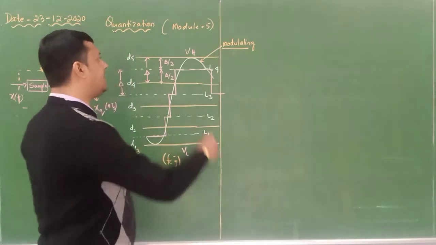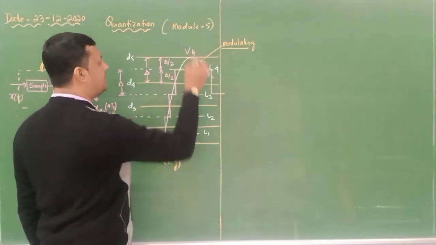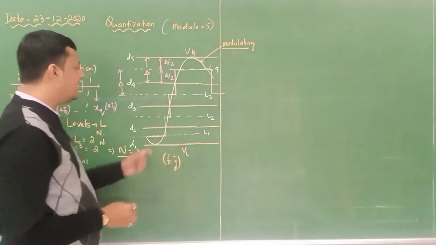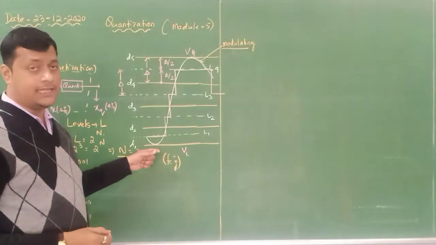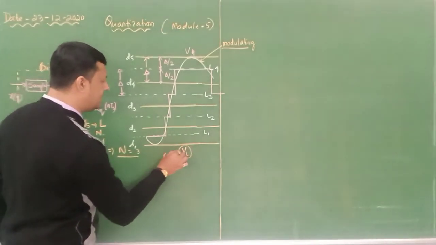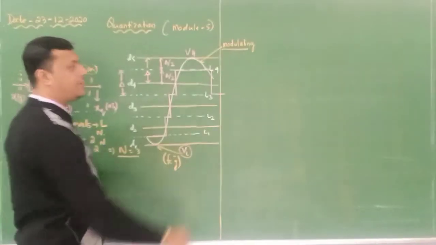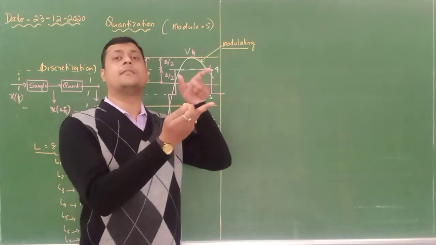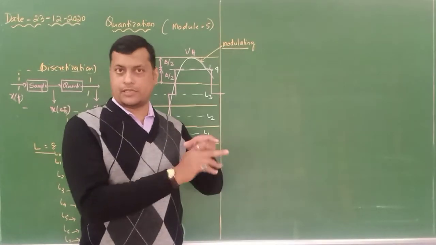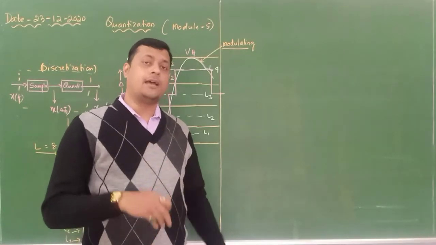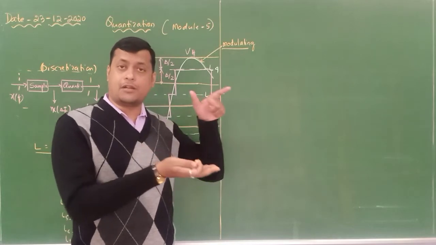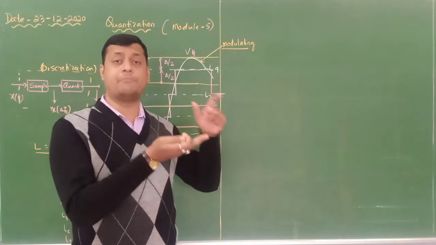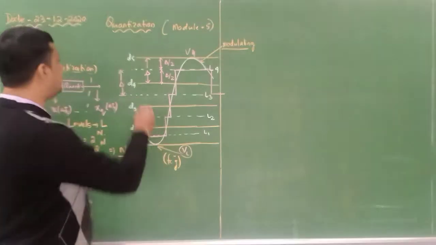As you can see, the modulating signal peak is Vn and the modulating signal lower potential is Vl. So this is our lower potential and this is our higher potential. So the decision boundary will differ according to the modulating signal amplitude. Okay, then next step, after determining the number of decision levels or decision boundaries, these lines are called as this